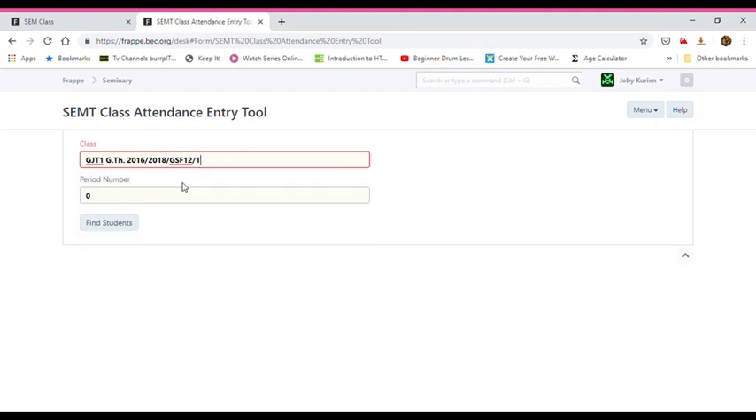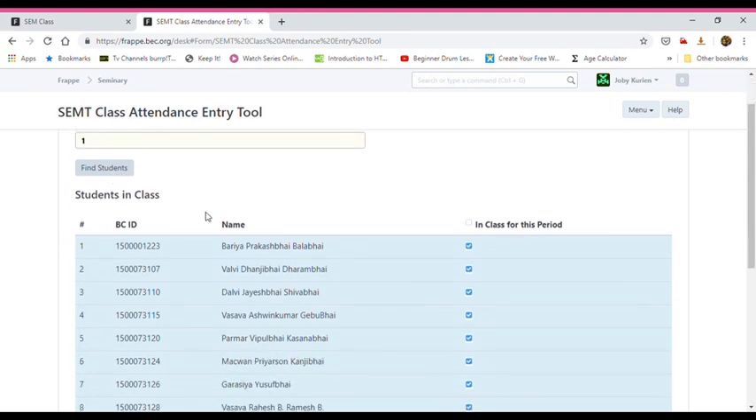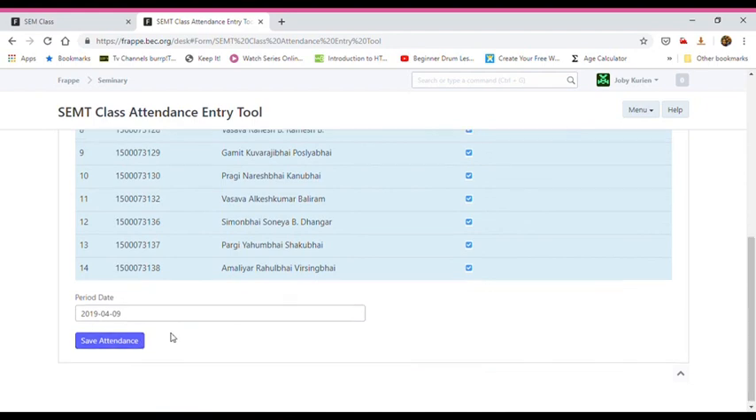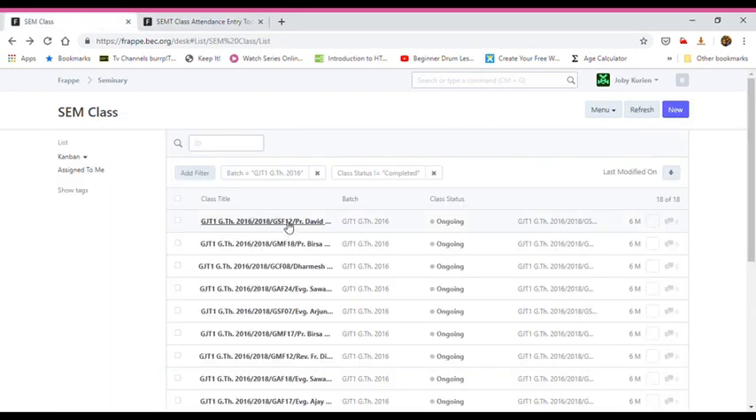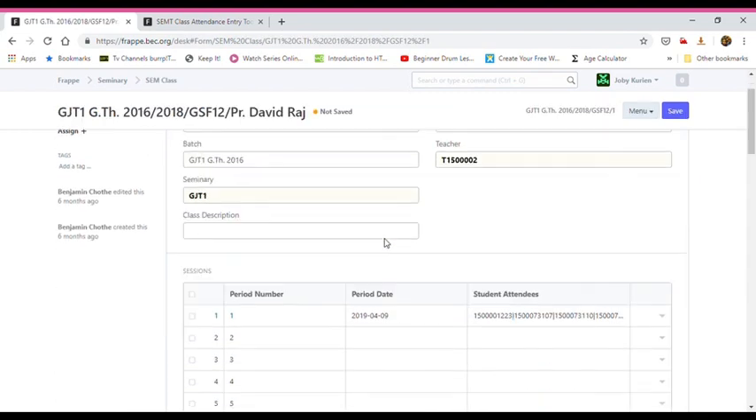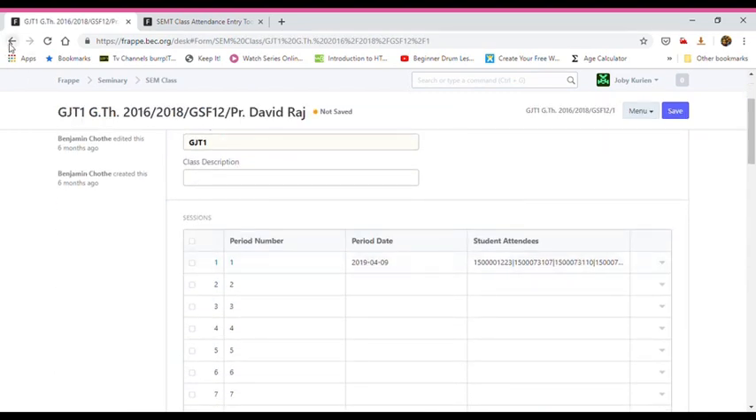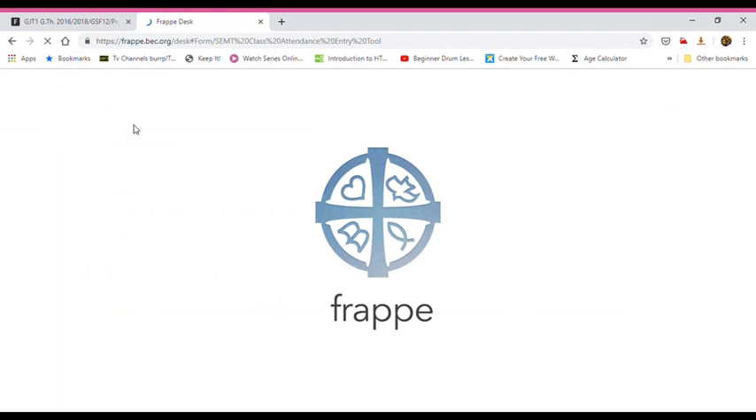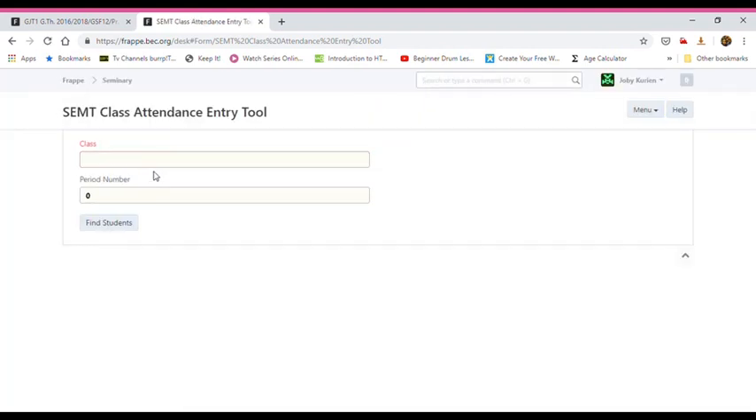I'm going to click on it, and for period number we click on 1. When you click on 1, you will see that the attendance has already been entered for this class. Yes, that's true, because we did enter one period in this class. So now we have to refresh this, enter the same class, wait, yes, then enter period number 2. Okay, if I enter period number 2,